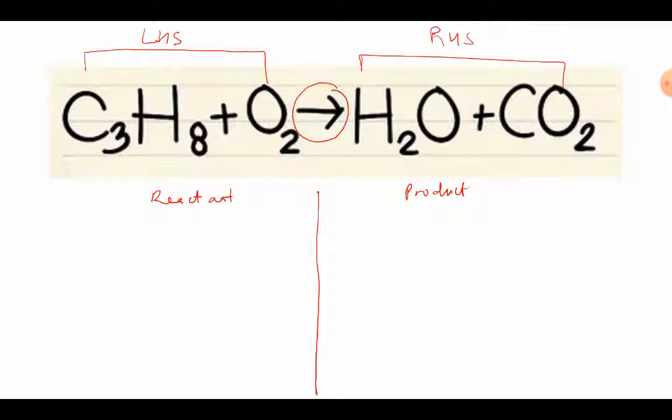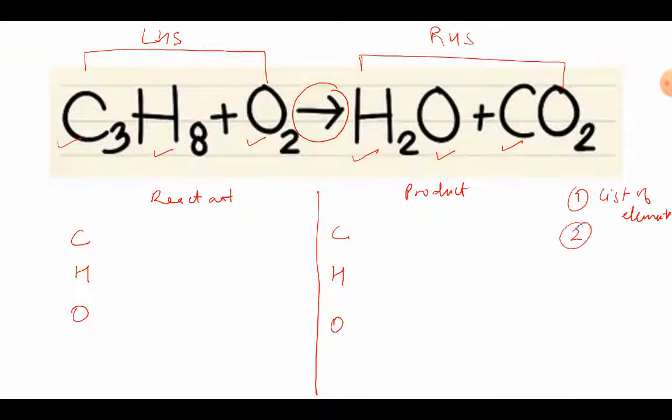So what are the elements which are present on the reactant side? One is carbon, right? The second one is hydrogen, and the third one is oxygen. So these are the three elements. If we look onto the product side, do we have carbon? Yes, we have carbon. Then do we have hydrogen? Yes, we have hydrogen also. And do we have oxygen? The answer is yes, we have oxygen as well, right? So the first thing is done, that we have made a list of elements. This is the very first step in the balancing, that we have to make a list of elements which are present on the reactant side and on the product side.